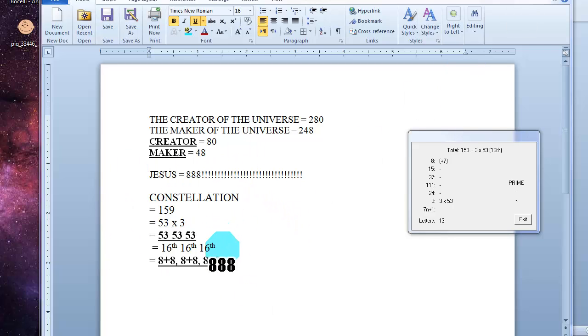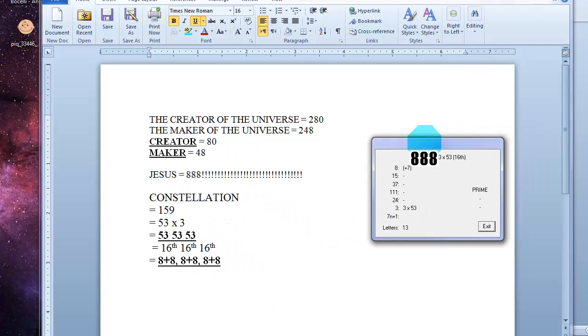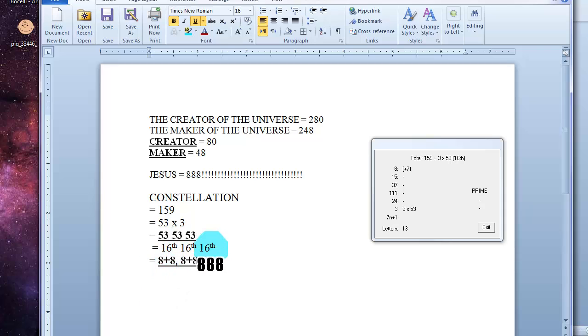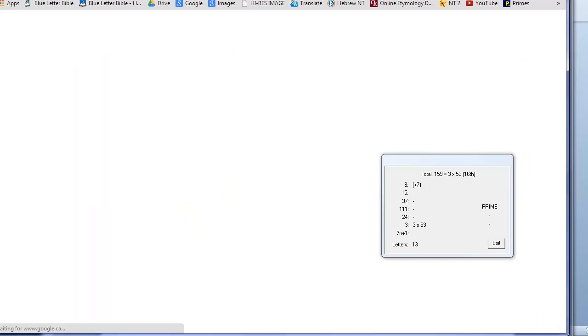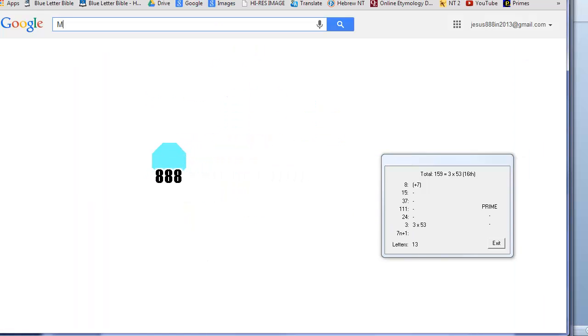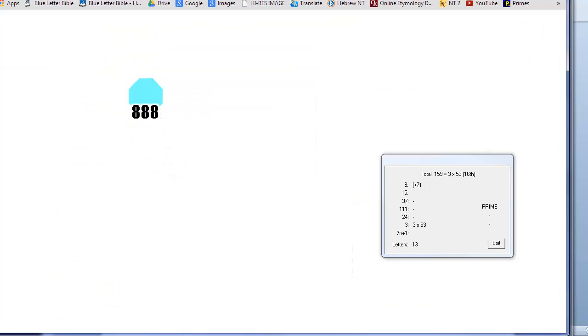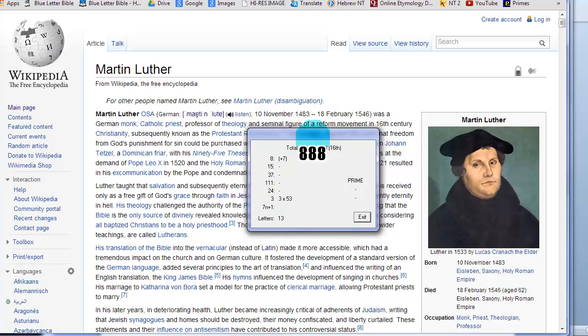So solving constellations for G's equals 8 at 8. A triple of the 16th prime, which is a triple of double 8s. 8 at 8, double to the glory of G's equals 8 at 8. And the glory of this number is equivalent to a famous man in world history named Mr. Martin Luther. And I'm just going to show you all this so you can understand how God works and how all these numbers serve Jesus Christ and how the entire story of history is solvable for Jesus.